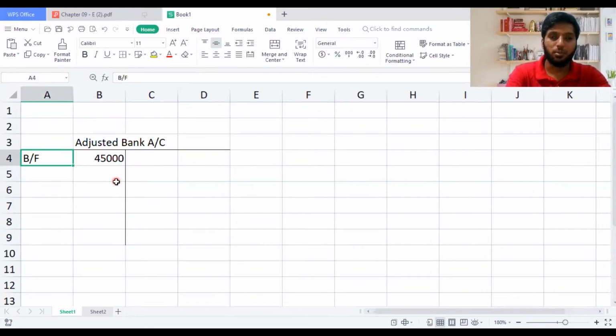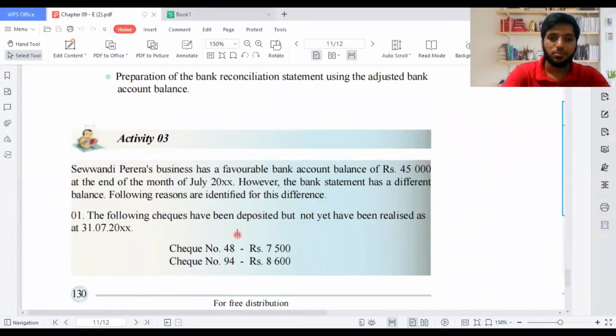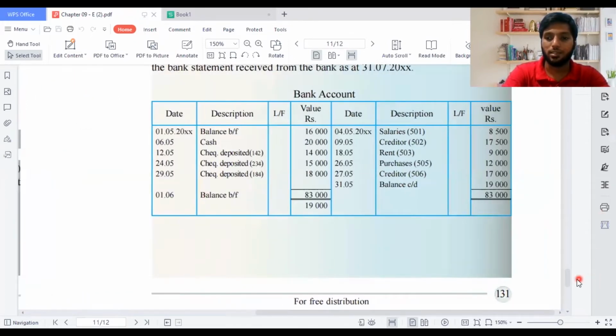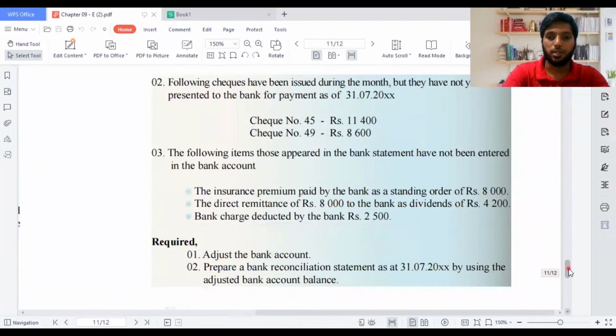But for your understanding, I am not going to do that, guys, because this is not a past paper. This is just a textbook, and you can just understand it very straightforwardly. And they're saying that check number 4894, this is related to the bank reconciliation statement. So I'm going to move on to the next particular area.